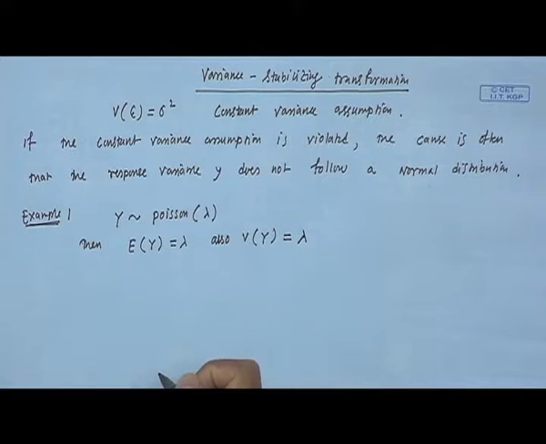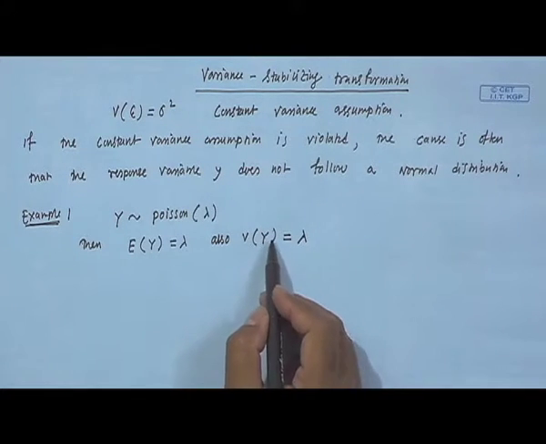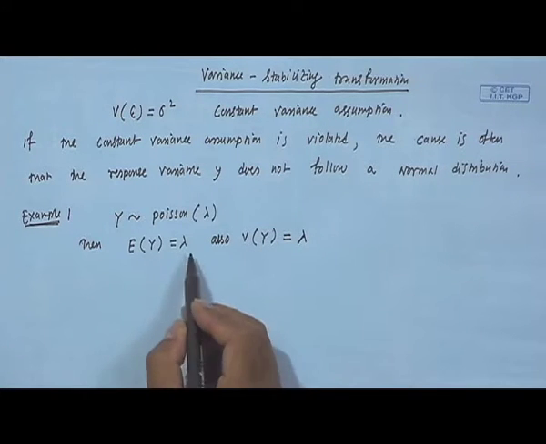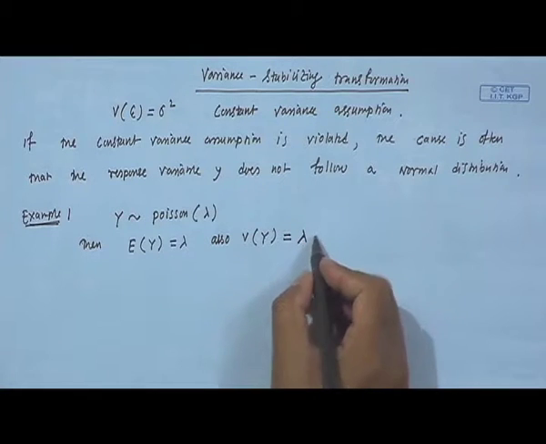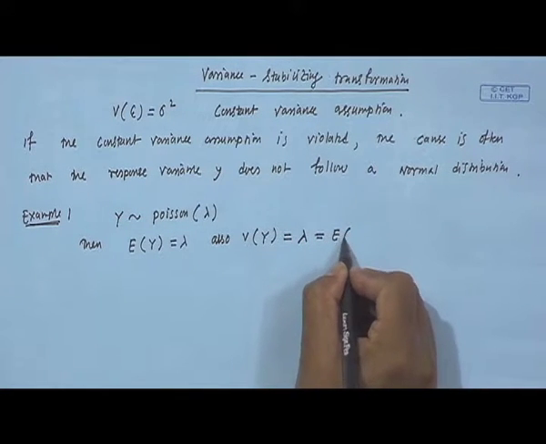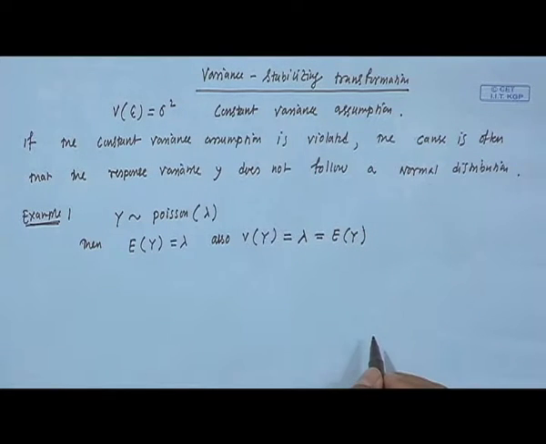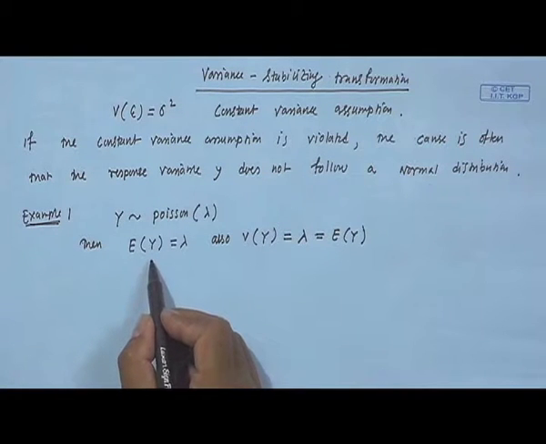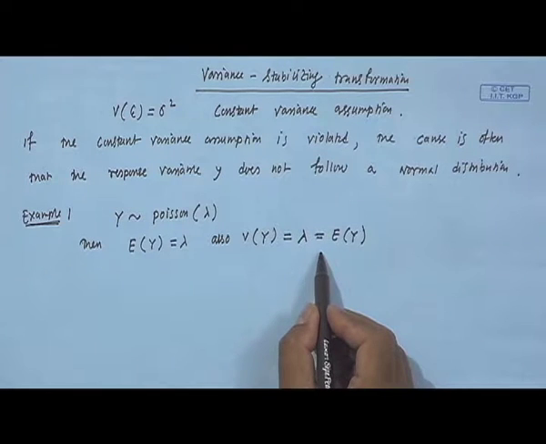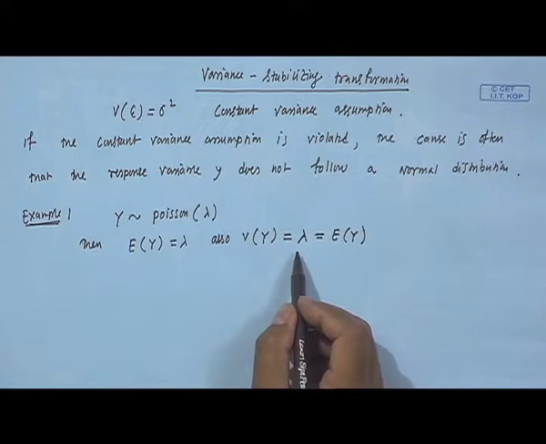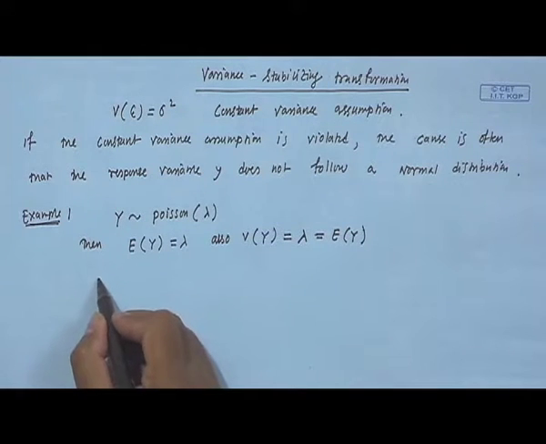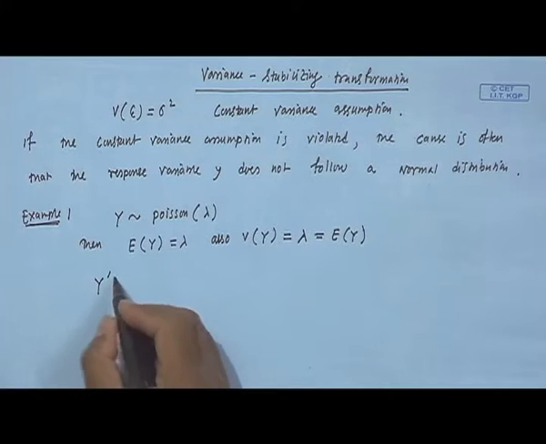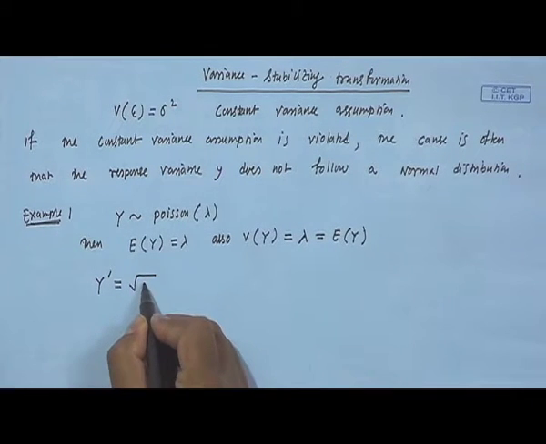So, here you see that the variance of the response variable is a function of expectation. Okay. So, lambda is nothing but expectation of y. So, in this case what we have to do is that we take some transformation on the response variable to make this variance constant. Now, if you take the transformation say y prime, which is equal to root y,